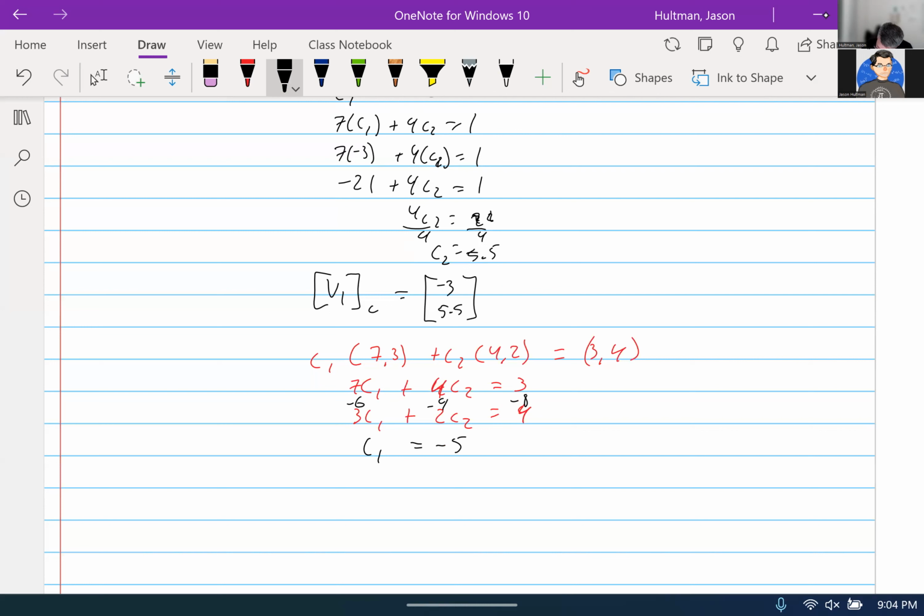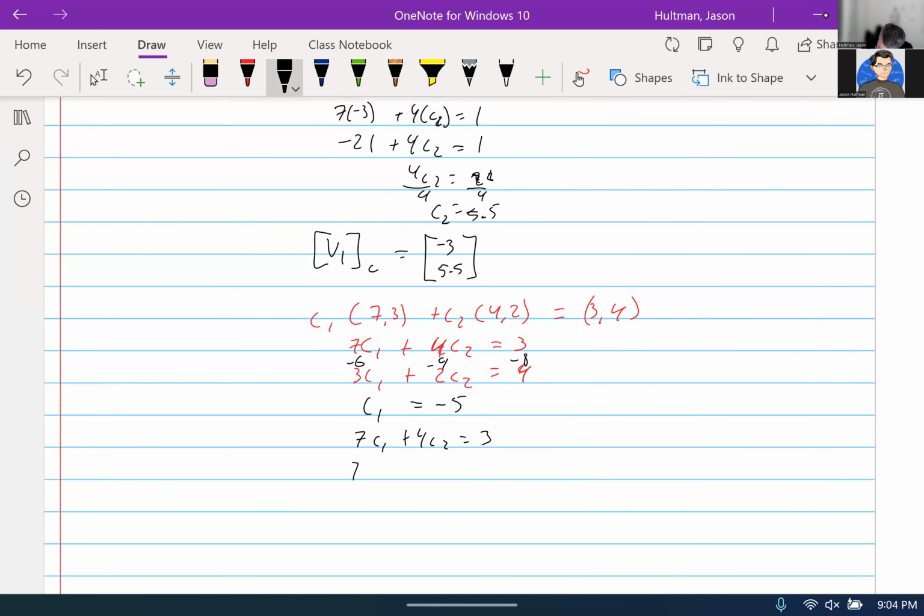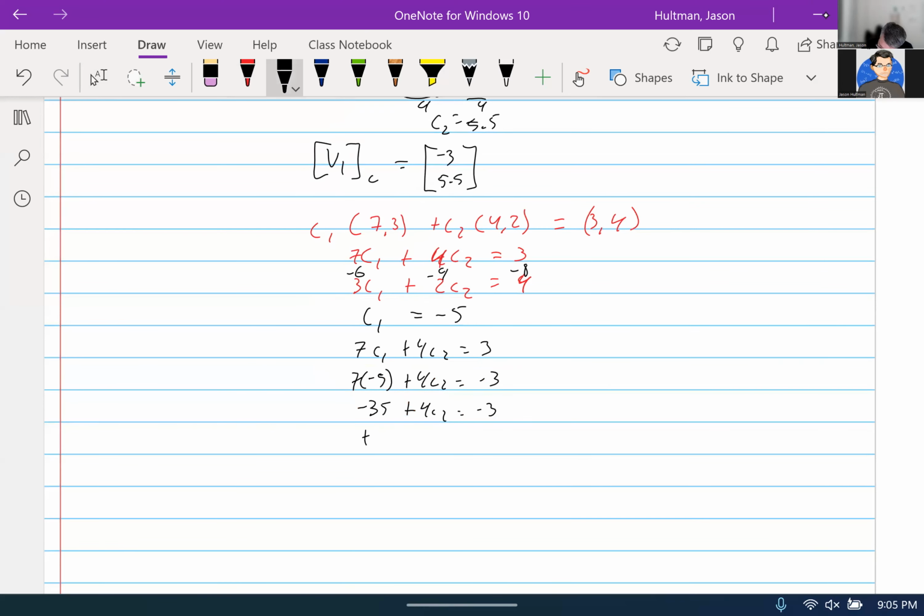Then 7 times C1 plus 4C2 equals 3, so this would be 7 times -5, which is -35, plus 4C2 equals